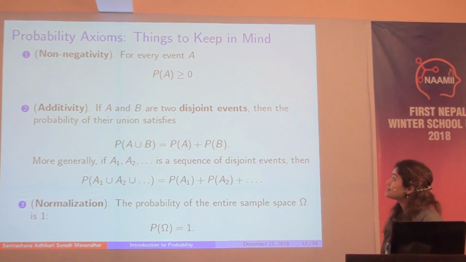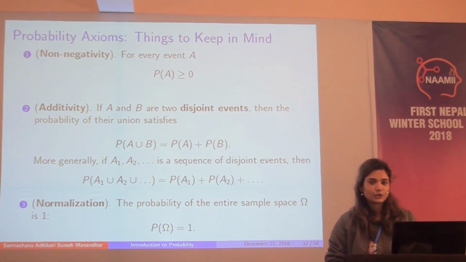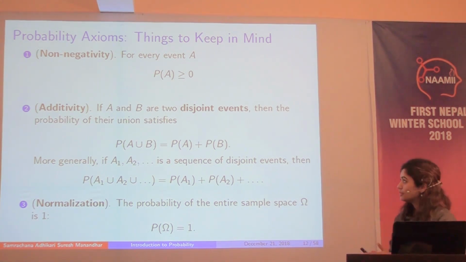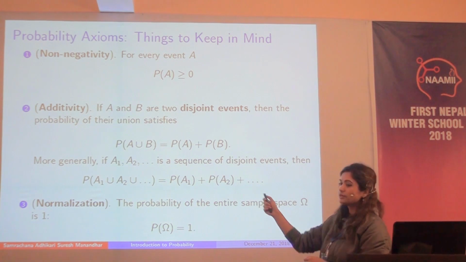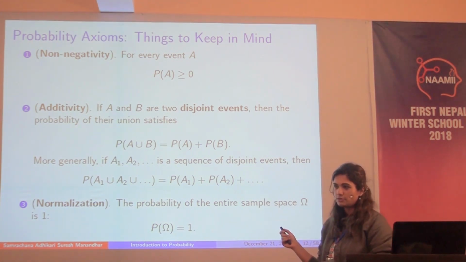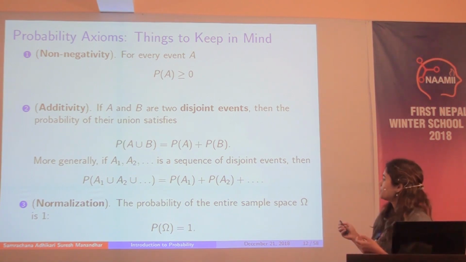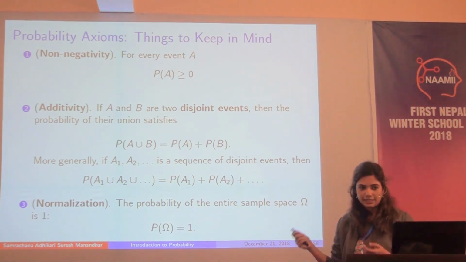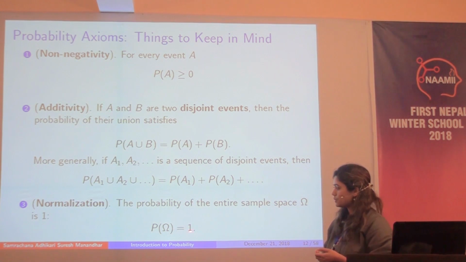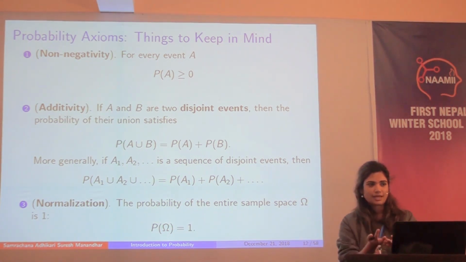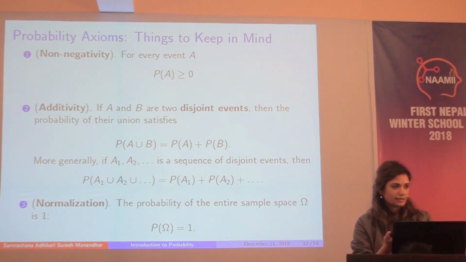So to formalize this idea of probability, we'll go through some of the axioms, or rules, that define what a probability is. Probability always has to be 0 or greater than 0. So probability of 0 means it's a very unlikely event. Probability of 1 means it's very likely. So the probability of the sample space omega is always 1, because everything you wanted to study within that experiment is within that set.